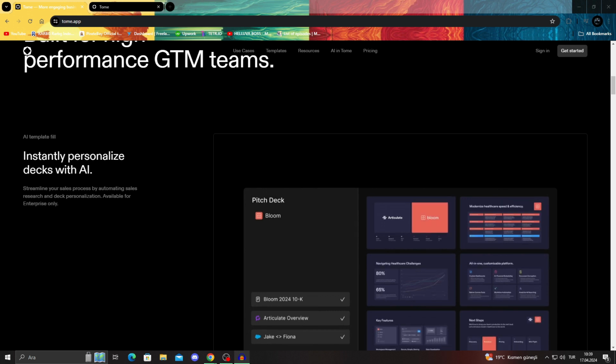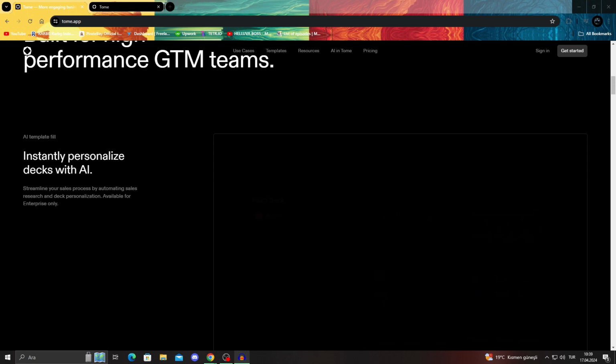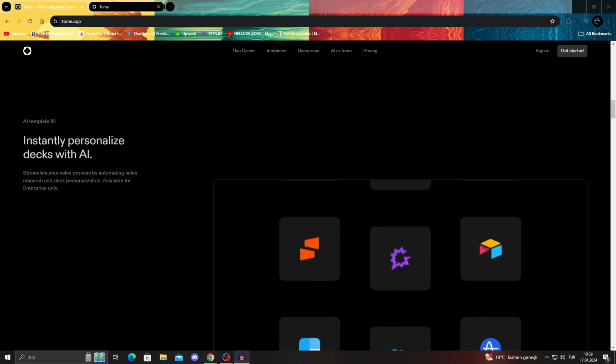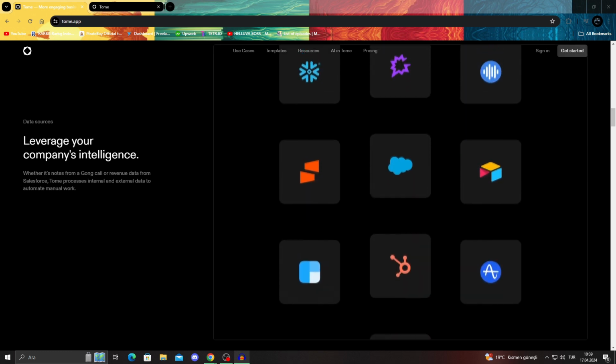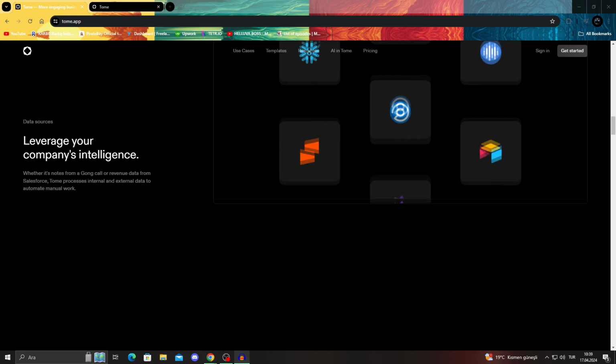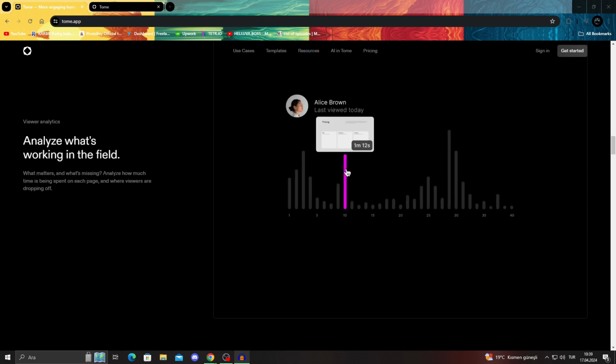You can use it like a normal PowerPoint tool, but of course, the biggest tool here is being able to personalize everything with the power of AI, meaning you can use it to create images, create texts, do the research for you, which is generally